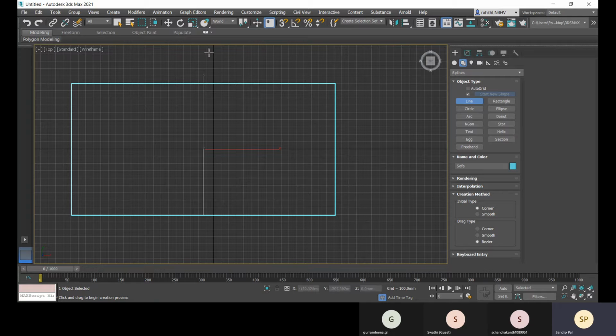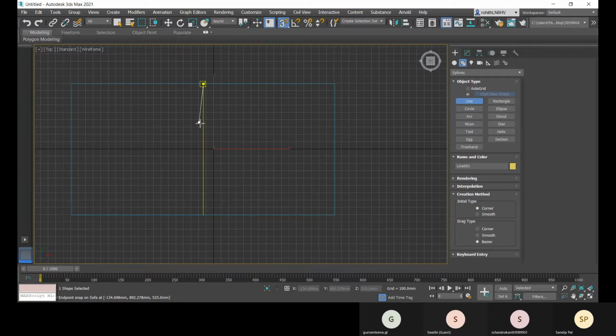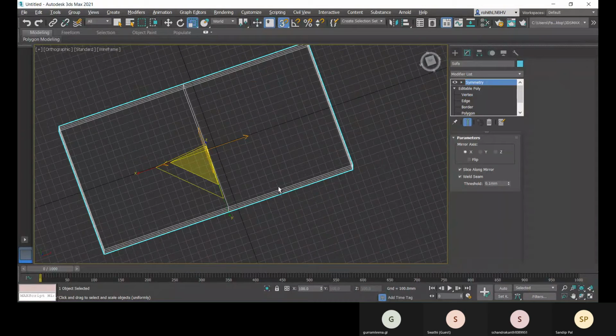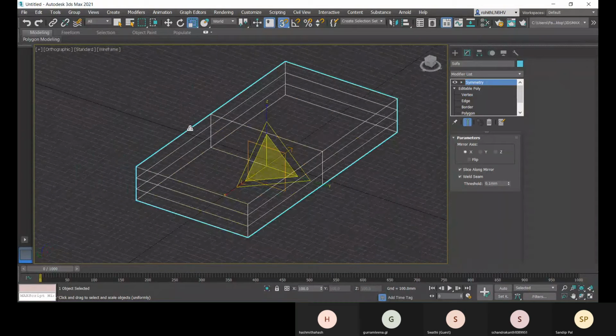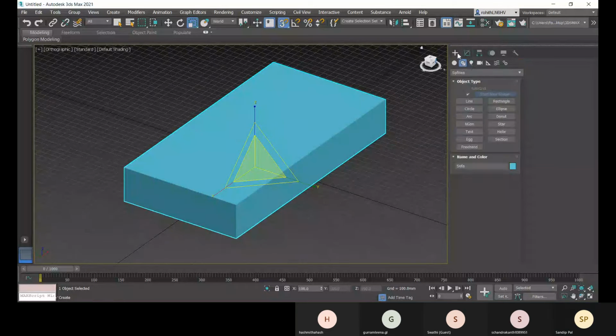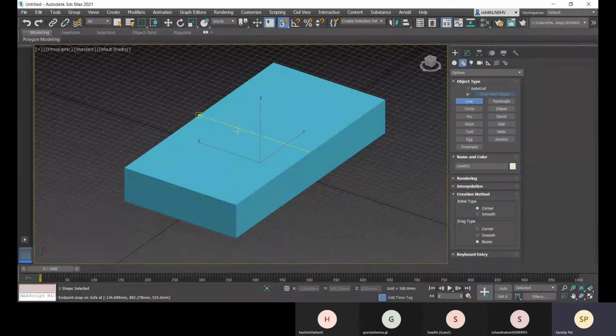Shapes, choose a line, and you can turn on this snap, and here you can put the length. Okay, so any particular length you can place. Let's go with this line.